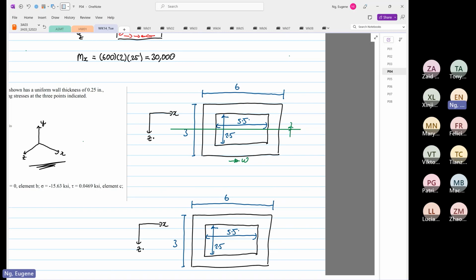And then this will be our depth for the x-axis. So Ixx, the width is 6, d cubed over 12, minus the internal, the width is 5.5, the depth is 2.5 cubed over 12. So 6 times 3 power 3 divided by 12 minus 5.5 times 2.5 power 3 divided by 12 is equal to